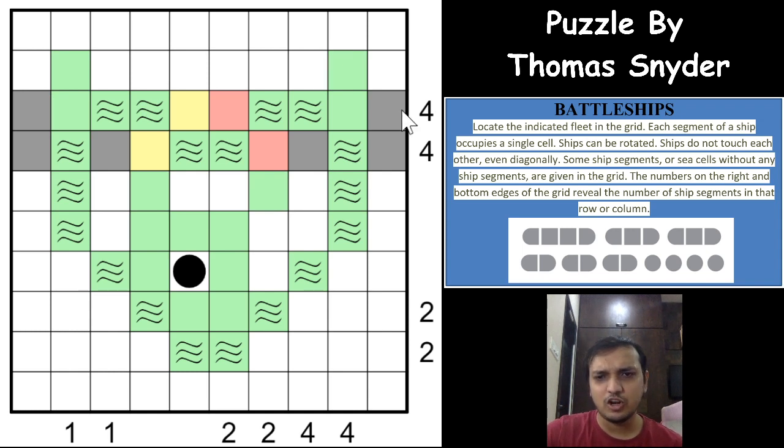So we are not sure if this cell will go down or left, and we are not even sure if this ship will remain as a 2 cell ship segment, or it can go upwards or downwards and form a 3 cell or a 4 cell. So we are not marking the shape like in this one. We'll mark it at a later stage when we know what exactly that ship segment is. So we have started the puzzle somehow, but still it is not a direct approach to complete the puzzle. If you see, these 2 4s can help us to continue the puzzle, maybe, I'm not sure, but let's see.